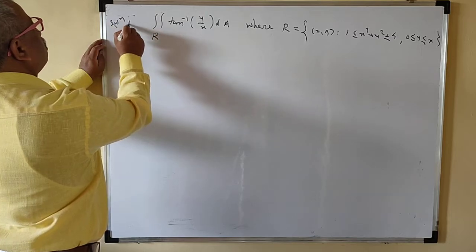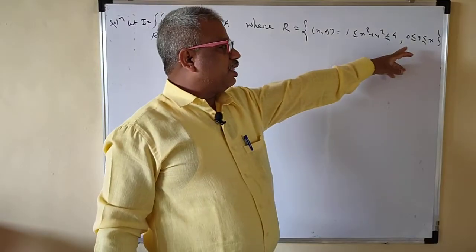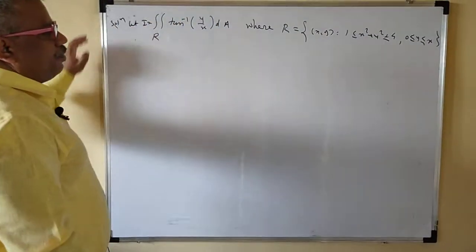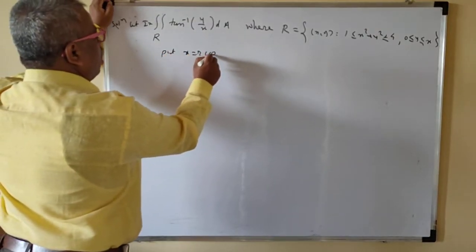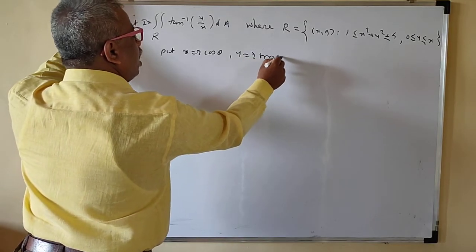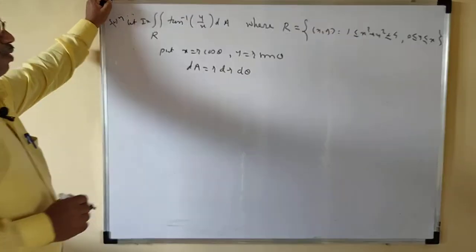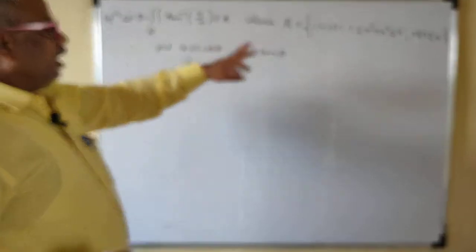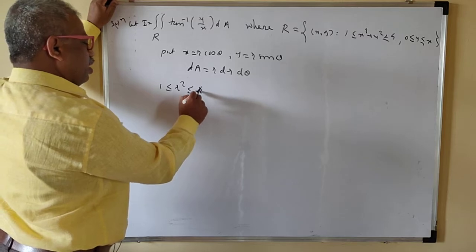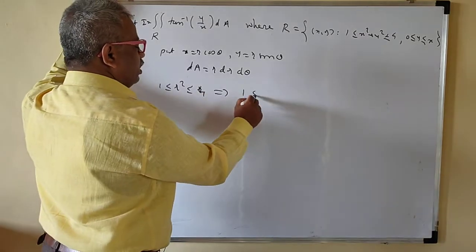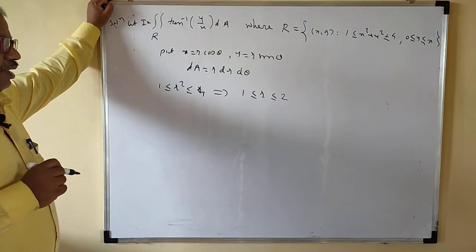Okay, solution. Let I be equal to this. Now here x square plus y square is less than 4, and it looks like this, right? So we'll use the substitution in polar form: x is equal to r cos theta, y is equal to r sin theta. So dA is r dr d theta. Now x square plus y square is r square, so 1 is less than or equal to r square, which is less than or equal to 4. This implies that r, which is always positive, is between 1 and 2. So you get the limit of r easily, right?